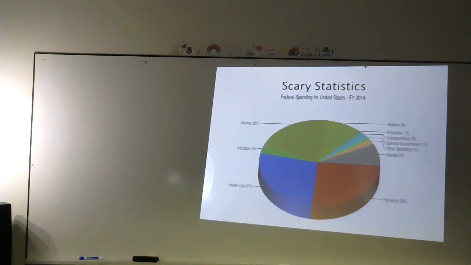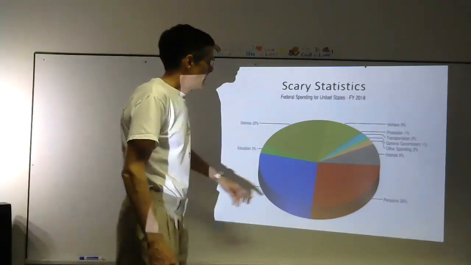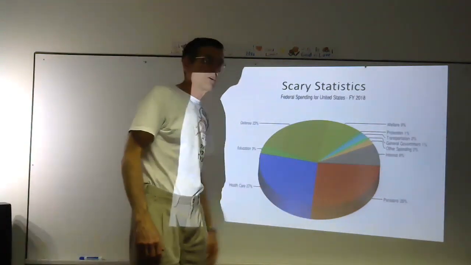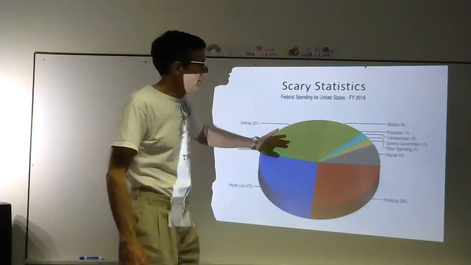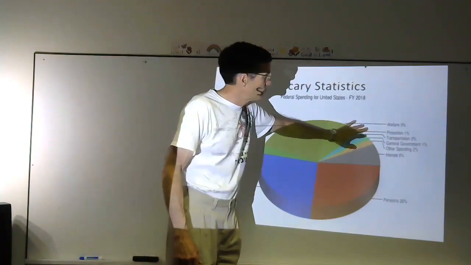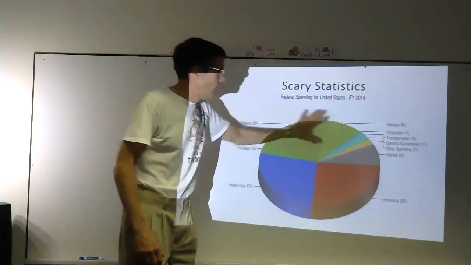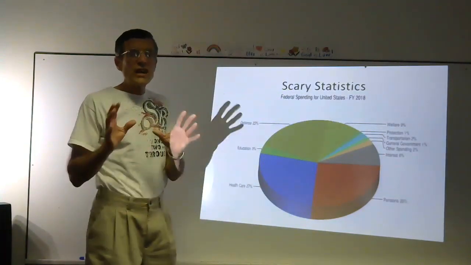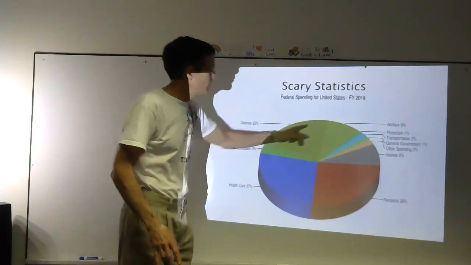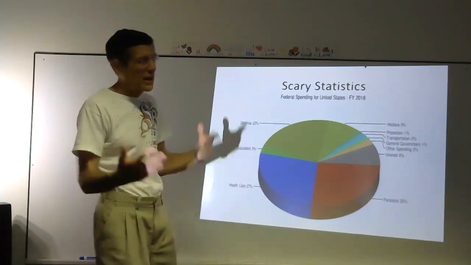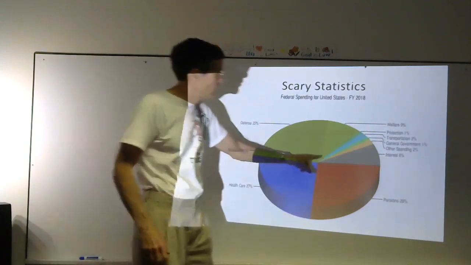Look where some of the money in the federal budget goes to, okay? You have pensions, Social Security, healthcare, education, defense, welfare, protection, transportation, general government spending. If you look at this whole budget, one of the scariest things, I know some people were saying, well, why are you spending so much on defense? Let's cut that back. I understand all that. I'm not going to argue about that. One of the scariest things is this one right here.